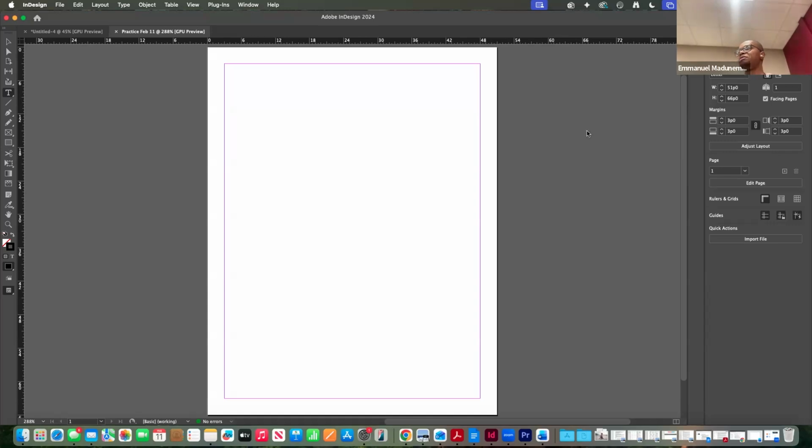Let's talk about saving. Just similar to Photoshop, who wants to walk us down how to save? The difference between save a copy, save as, and just save. Who wants to go? Yes. A new file and save a copy. Save a new copy. Absolutely. So that's something you should know. When you want to save as the new copy, you want to save as a new file, you can either